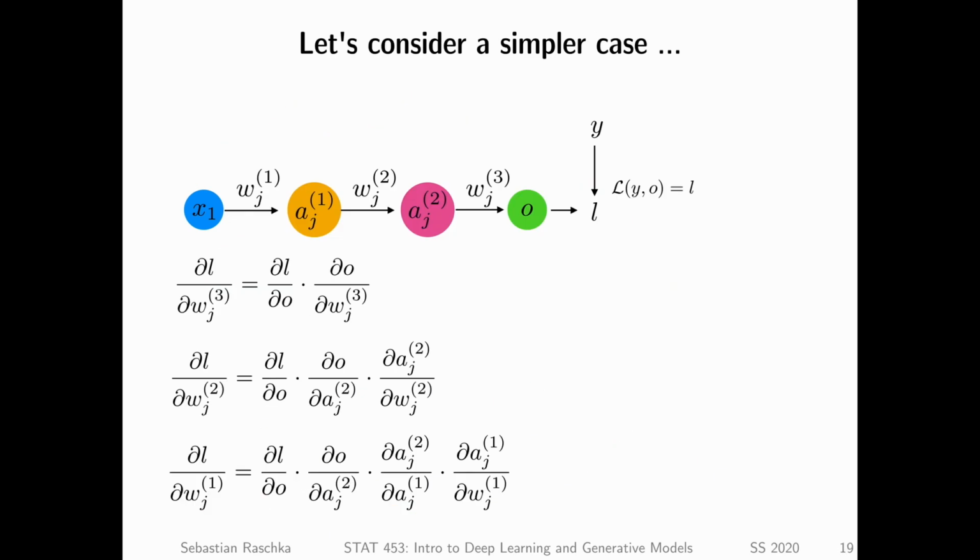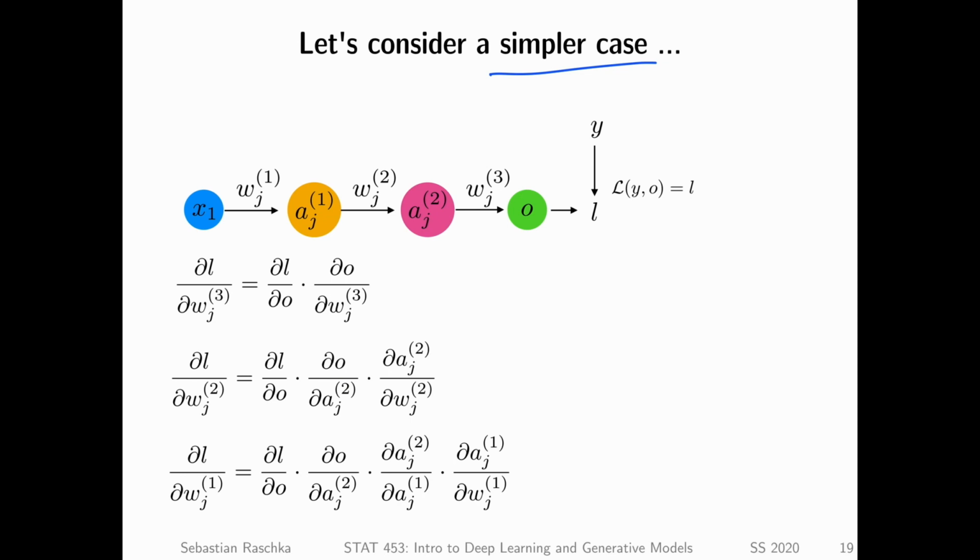So let me go back now and simplify the chain rule a little bit. So here we only have a single path, so I'm just considering a simpler case now. We will get back to the multivariable chain rule very soon, but now let's for a moment simplify this. So this is exactly what I've shown you on the previous slide, except that I'm only looking at one path now. So before I had multiple branches, I only have one branch now, without the other dependencies.